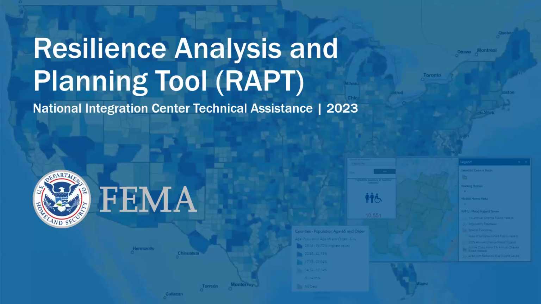So what is the Resilience Analysis and Planning tool? There are a lot of tools out there, and sometimes it can be confusing to figure out which tool to use in which situation and what are the benefits or advantages of one tool over another. The first thing I want to say is, this was developed by the FEMA Technical Assistance Branch to support local emergency managers, community leaders, organizations and agencies who work in the emergency management and preparedness space, to help them better understand their communities.